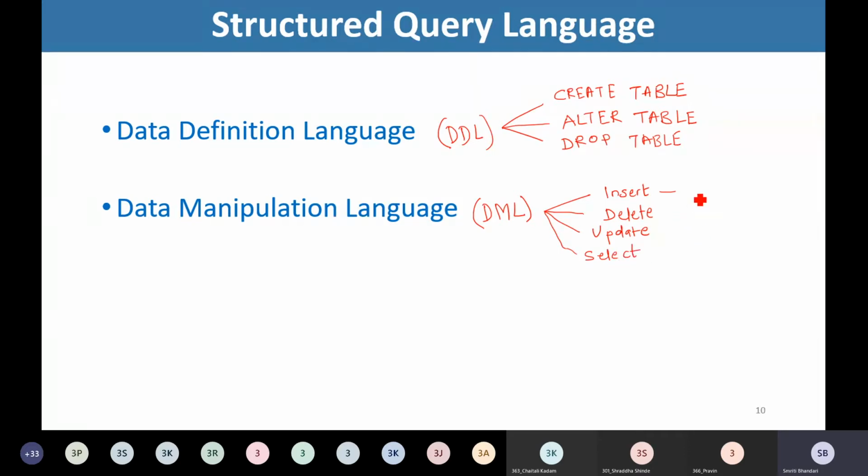I have posted one video regarding DDL and I have asked you to go through that video. So I am not going into the details of DDL statements today. We will have an overview because I believe that you must have gone through the contents. I have posted two videos, one related to detailed discussion of DDL statements and another dealing with the practical implementation of all those statements in Oracle.